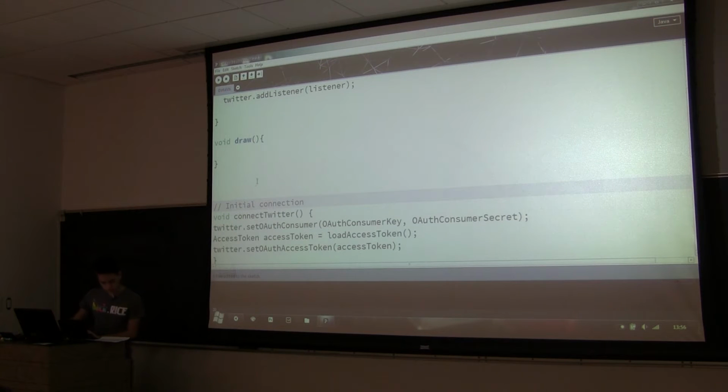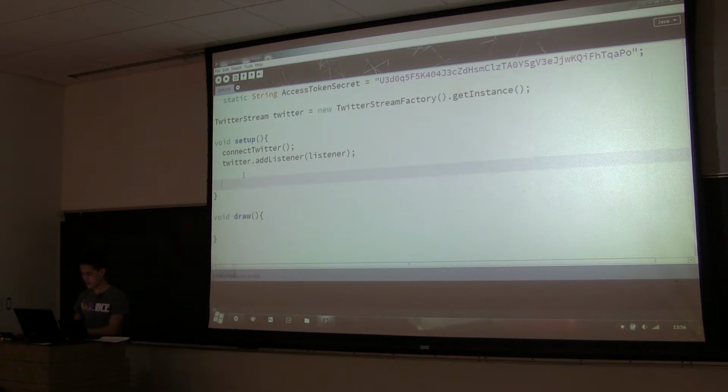So what we're going to do is, under the setup, we're just going to do twitter.sample, and that should hopefully grab a random tweet from Twitter, and then we just have to print that out. So let's see, true. And then